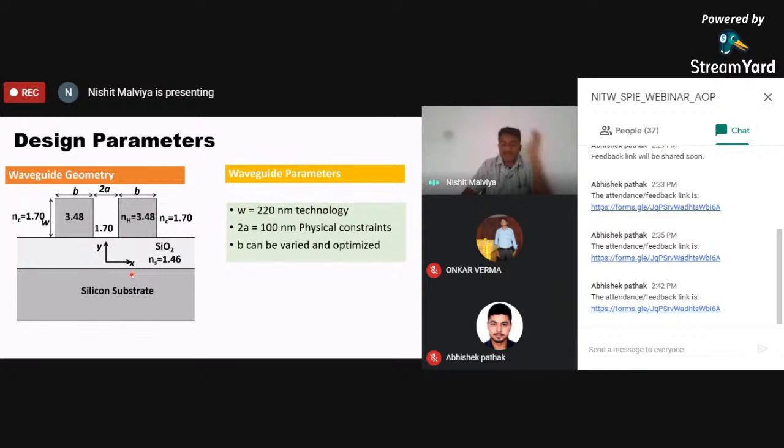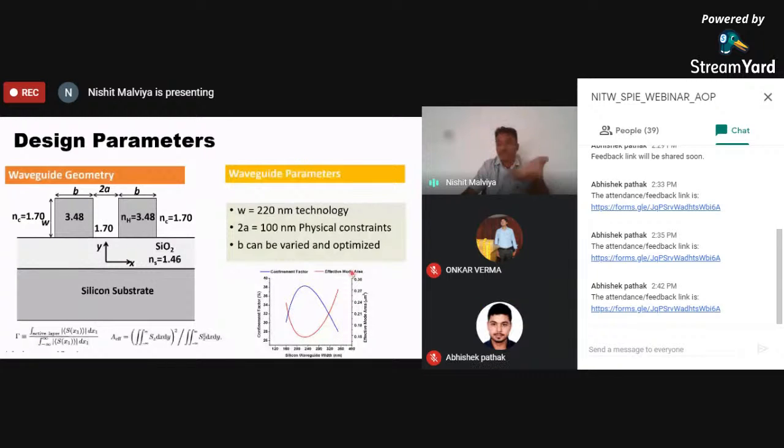Once again we use the confinement factor formula and the effective index formula, and the effective mode area for the slot optical waveguide, and utilize that effective mode area for the electro-optic modulator. So I have written here a lot of different equations that we have studied.